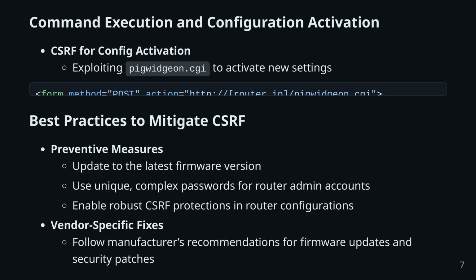1. Preventive measures. Always update to the latest firmware version to ensure any known vulnerabilities are patched. Use unique, complex passwords for router admin accounts to reduce the risk of unauthorized access. Implement robust CSRF protections in the router configuration, such as using CSRF tokens. 2. Vendor-specific fixes. Follow your router manufacturer's guidance regarding firmware updates and security patches. They often release advisories or updates that address specific vulnerabilities. By maintaining up-to-date firmware and employing strong security practices, you can significantly mitigate the risk of CSRF attacks aimed at